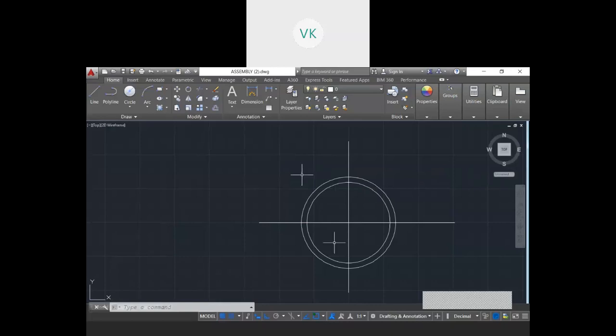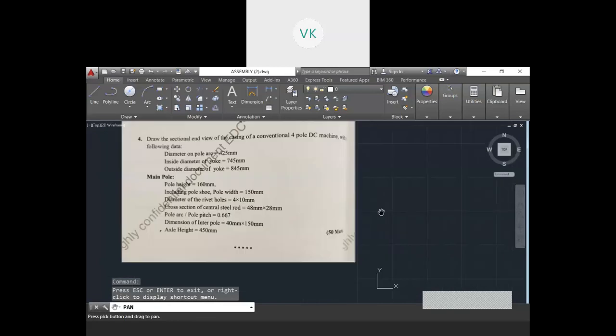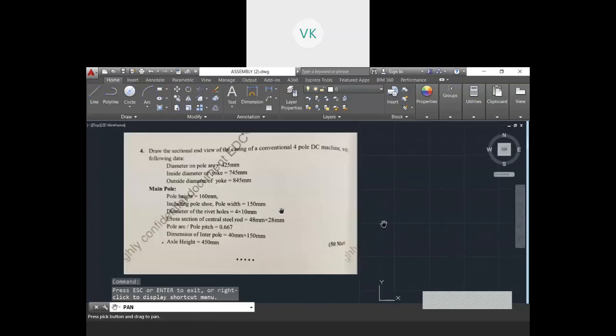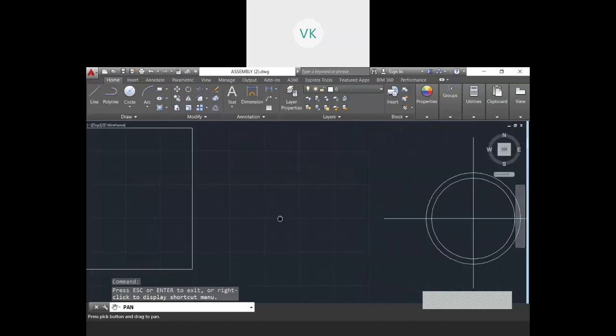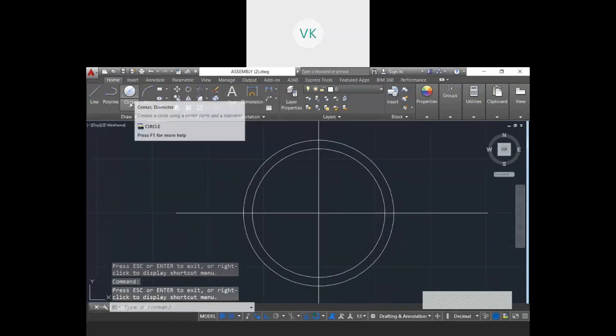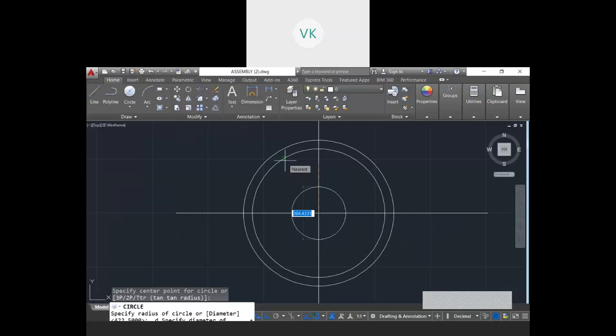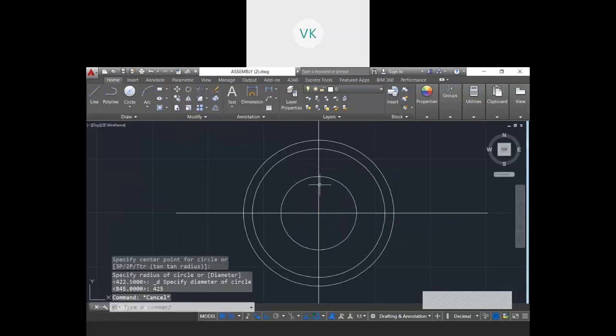I can show the question here once again, so you can take a snapshot of this. Inner diameter 745 mm is done, outer diameter 845 mm is done. So now I will do the diameter of the pole arc. Once again, the diameter is 425 mm. Okay, so this is my part.